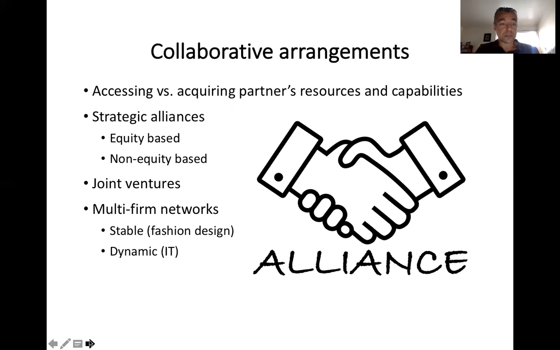When we talk about strategic alliances, there are two kinds: equity-based and non-equity-based. With equity-based, you and your partner exchange some portion of your equity, and supposedly this aligns the incentives. That makes you wish each other well and make sure that everybody's on the same page. With non-equity-based strategic alliances, even that is not necessary. You simply reach an understanding, you discuss how the proposed alliance benefits both parties, and you stay true to that agreement that you've signed.